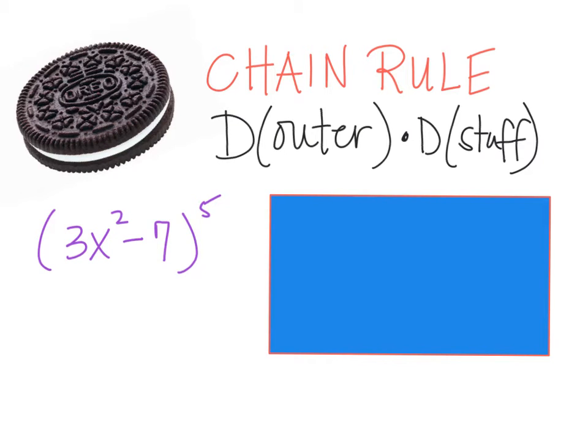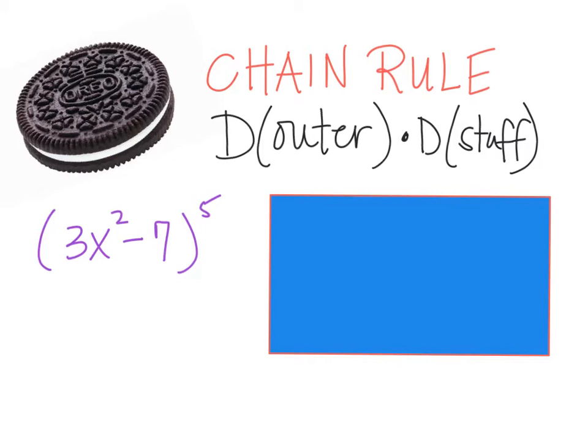Hi everyone, we're going to go ahead and review the chain rule. In class we used the Oreo cookie to have a memorable moment and remember the chain rule as d outer, d stuff, where we took the derivative of the outside function and multiplied it by the derivative of the inside function. But to review what this really means, it basically means we're taking functions and writing them as